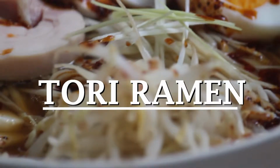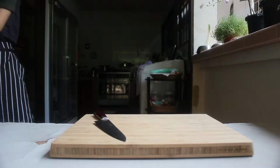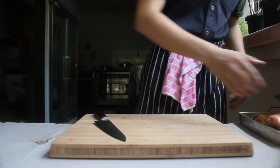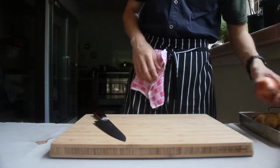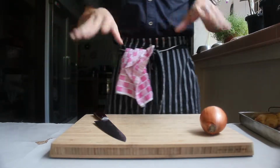Today we are going to be making Tori Ramen. Ramen is something very close to my heart. I love eating ramen, all kinds of ramen, even the instant kinds. But most of them aren't really healthy, and here's a very simple way, broken down for you, on how to make really good ramen. So you start off with your stock, and to start off your stock, we start off